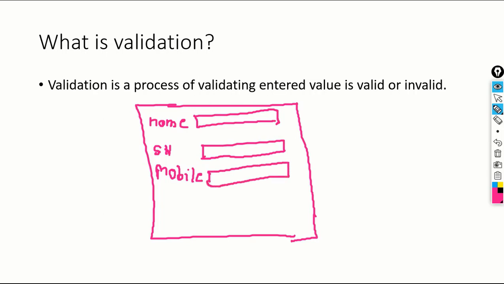But there is a proper format of mobile number, there is a proper format of surname, there is a proper format of name, correct. So we should enter value in that particular format only.